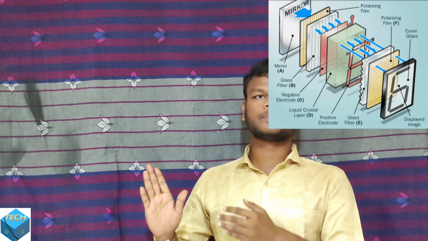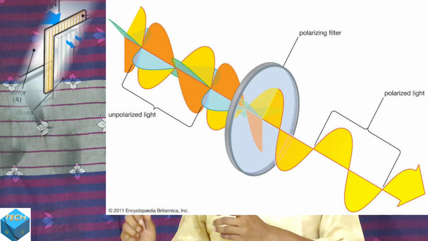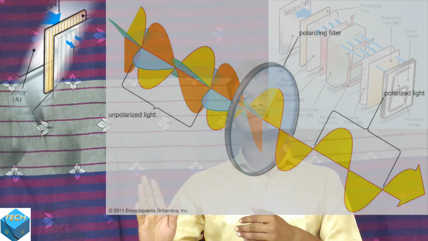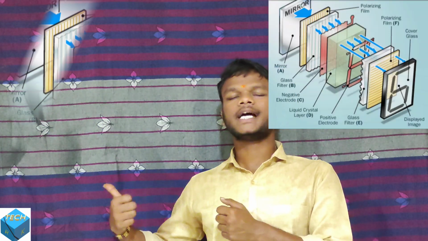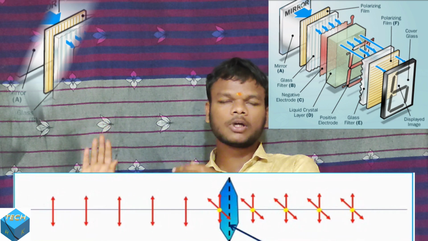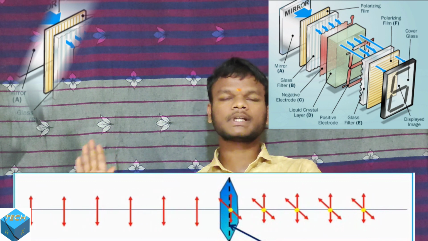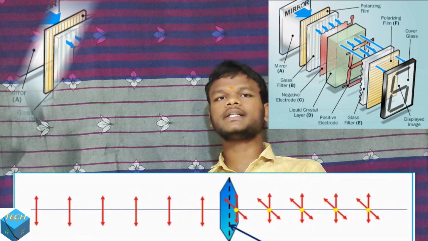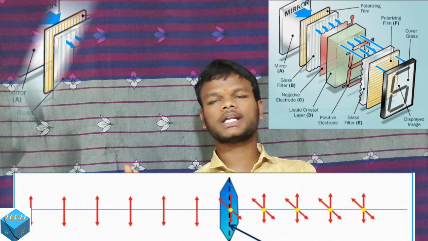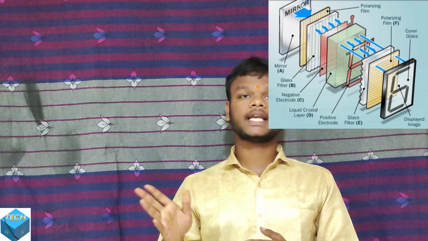And then the next layer is the polarizer. What will it do? It will allow only a certain amount of light to pass to the next layer, that is the electrodes. Actually, the backlight is producing light in all directions. The polarizer allows only the amount of light which is required for the display, for the working. That amount of light is passed through the polarizer and the remaining light is rejected by the polarizer.